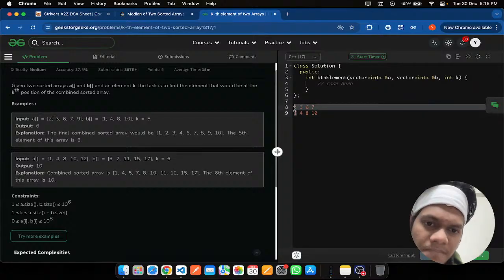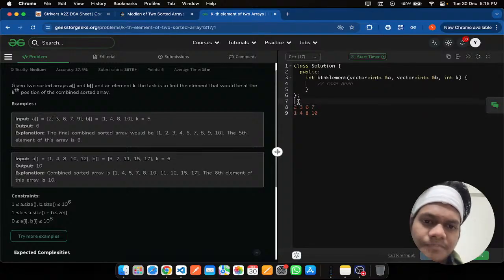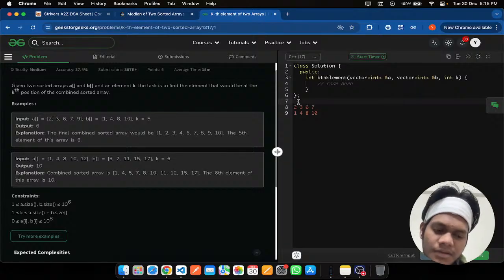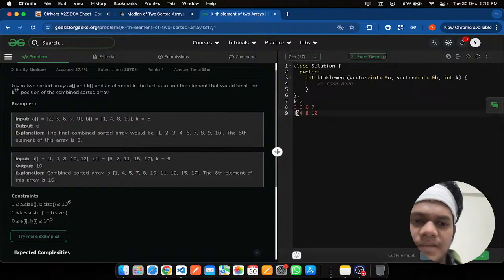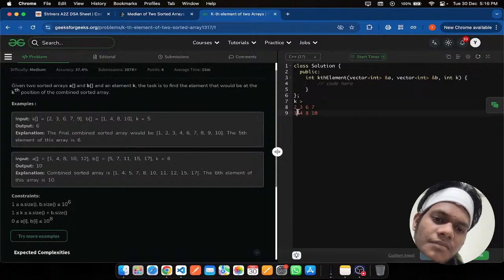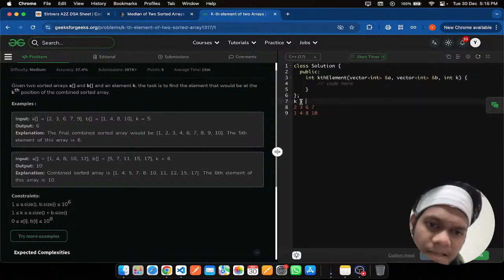If k is greater than the number of elements currently processed, which is 2, and for example k is 3, then we will not find our required value inside these, so I'll go for the next. I will see which one is smaller. 1 is smaller, so I'll